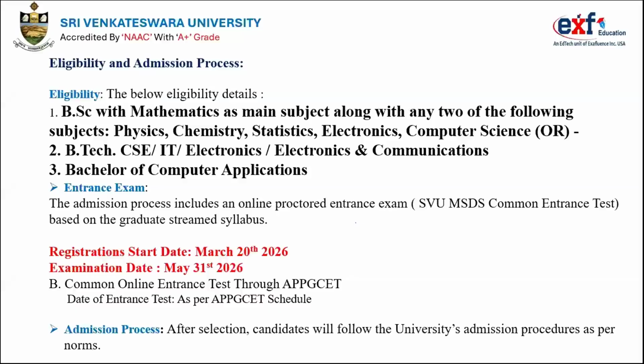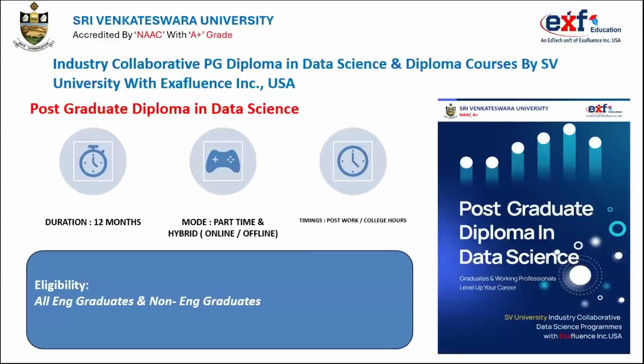This is a 2 years program, and we do have a 1 year and 6 months program too, for students who are not looking for the 2 years program and want short-term courses, a 1 year time span to get into the IT career. For them, we have introduced a postgraduate diploma in data science, which is a 12 months duration, part-time hybrid program. For MS Data Science, eligibility is only BSc, BTech, BCA, but for this postgraduate diploma in data science, any graduate who has completed graduation is eligible. It is a part-time program, and they can get insights directly from the industry. And we do have a 6 months program also.